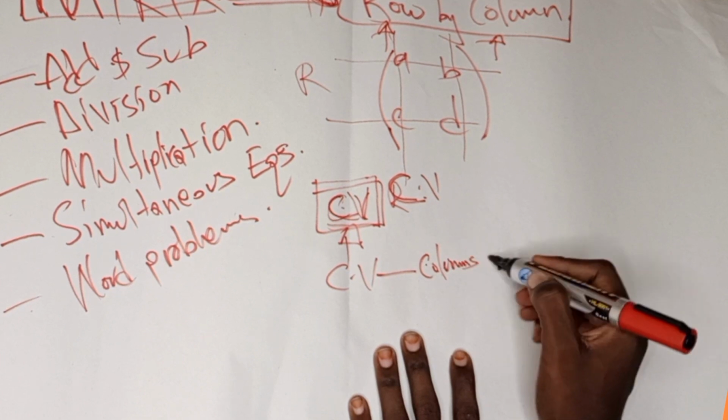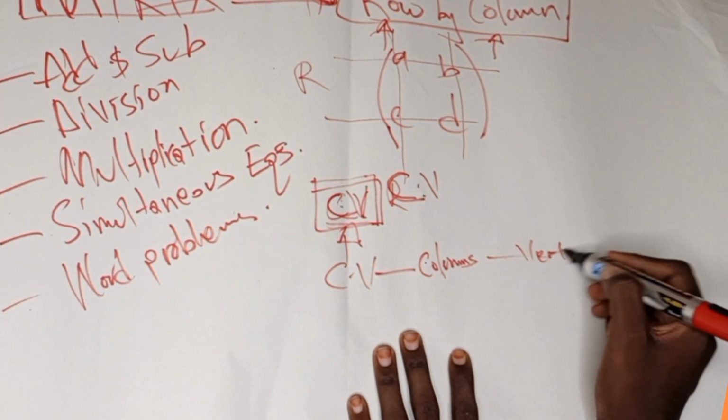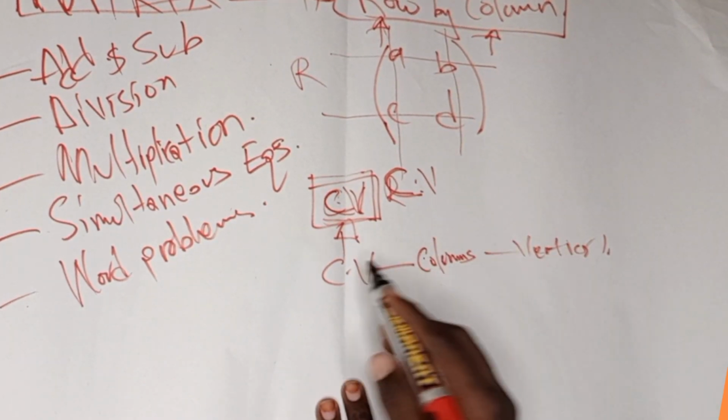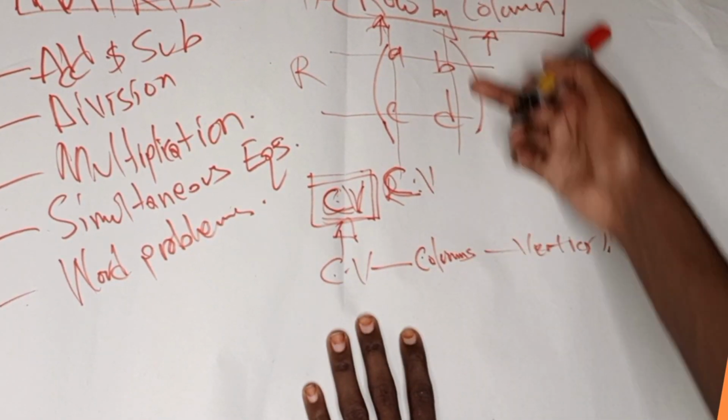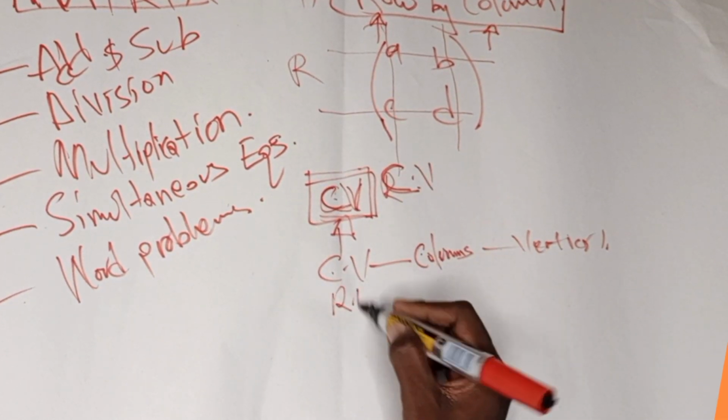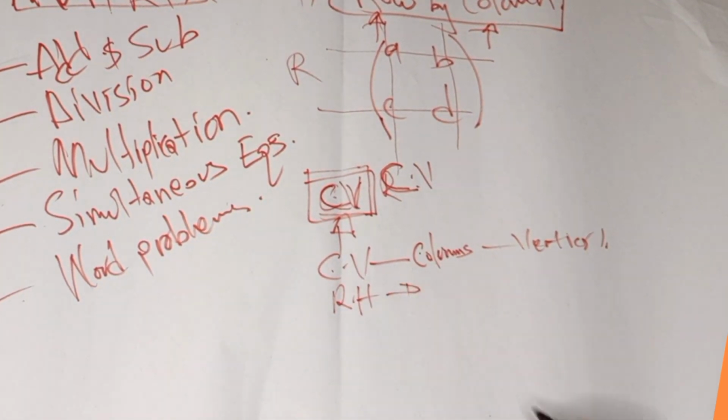Columns are what? Columns are vertical. So you should write in your book, when you are introducing matrix, that columns are vertical. That is CV. So you will always remember that everything that is vertical is a column. Then rows are horizontal. So RH means rows are